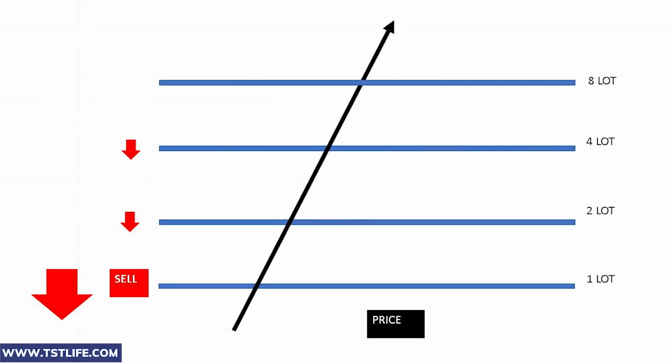For example, we go short with 1 standard lot. If the price goes against us, we immediately place a sell trade with a volume of 2 standard lots. If the trend continues moving against us, we go short again with 4 standard lots. Eventually, that would probably take some time, but if we continually double our bet or trade sizes, all we'll need is 1 winner to get back to profits. This will require a lot of automation, which is why we'll use an expert advisor built according to this strategy.